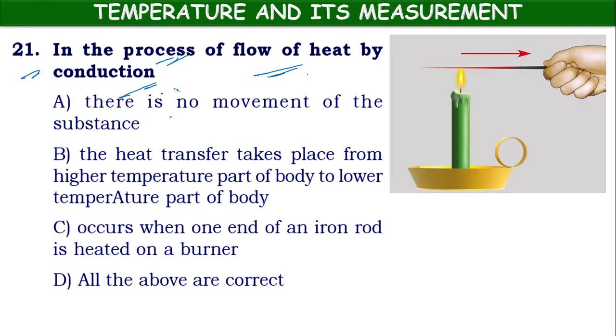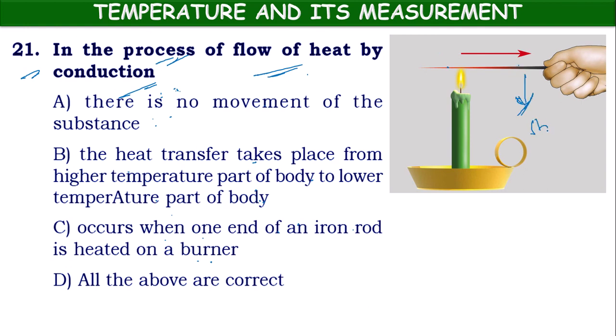So, conduction. What happens here? There is no movement of substance. The heat transfer takes place from higher temperature to lower temperature. It occurs when one end of an iron rod is heated on a burner. All three are correct, children, because here we